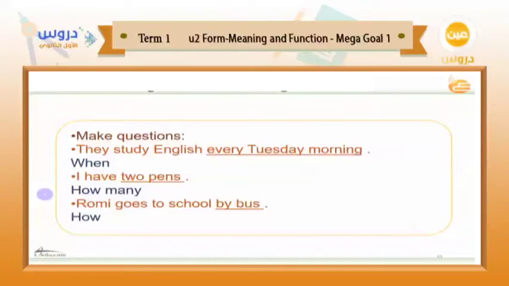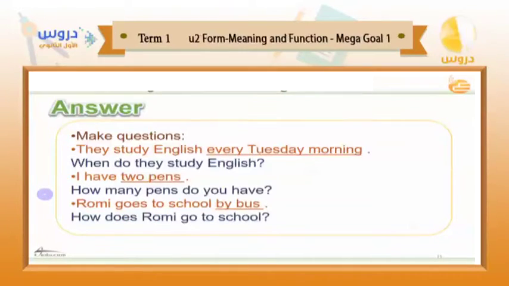sentence. It's not difficult. And the right answers, here we go. When do they study English? And I have 2 pens. If you want to ask about it, how many pens do you have? And how does Romy go to school? And the answer: by bus. Well done for those who get it right from the first